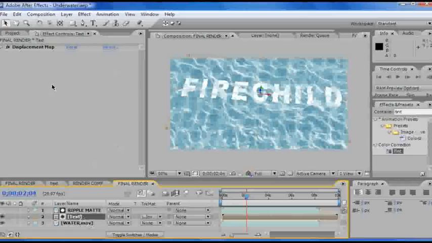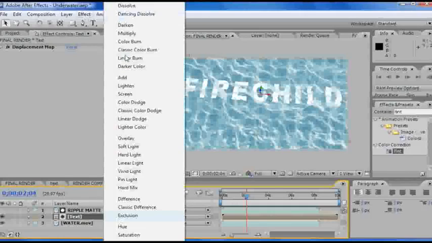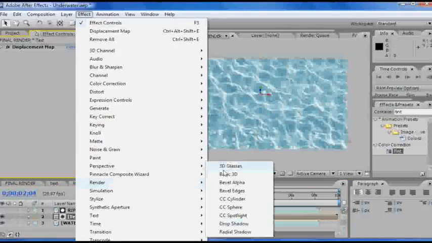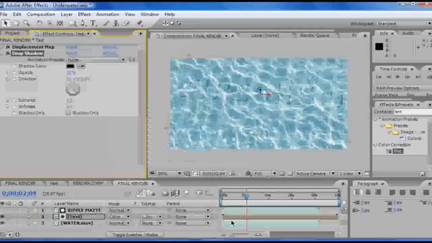With our text layer selected, we'll change the transfer mode here from Normal to, I think it's Color Burn. Let's try that. Yeah, we'll use Color Burn, and as you can see, it completely disappears, which is probably not what you want. But if we add Effect, Perspective, Drop Shadow right here, it'll kind of bring it back a little bit. Still not perfect, but if we bring the opacity up to about 60 something, maybe leave the distance at about 5 and then soften it out about 10, we start to get it,